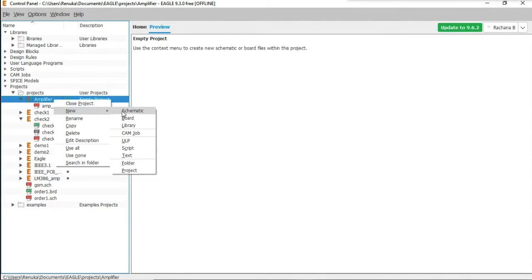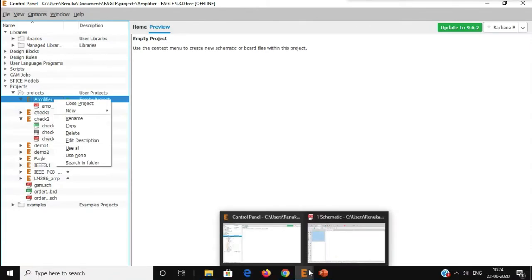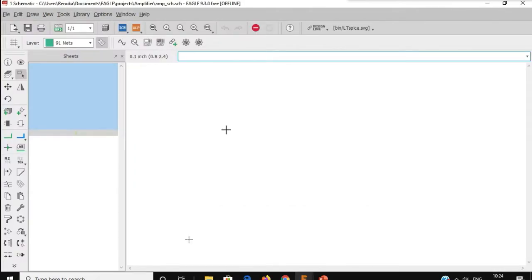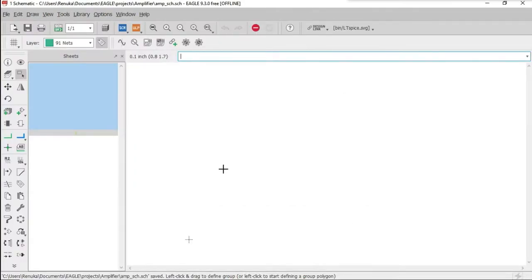Click on the first option, that is schematic. As soon as you click on that option, a separate window will appear. That is your schematic file. It looks something like this. I hope I'm clear.